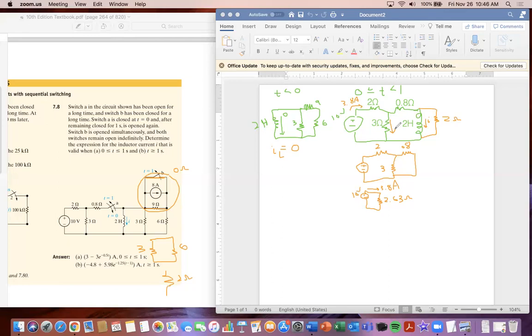So how much is going down into the right here? We want to find how much is going through the inductor. So let's focus on what's going to the right. So if I'm going to calculate that, I have to look at